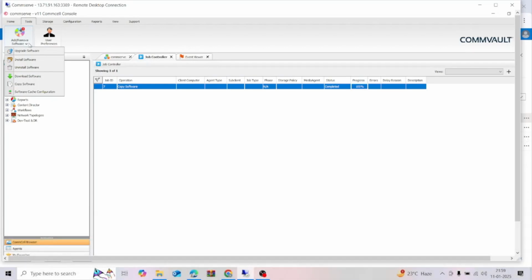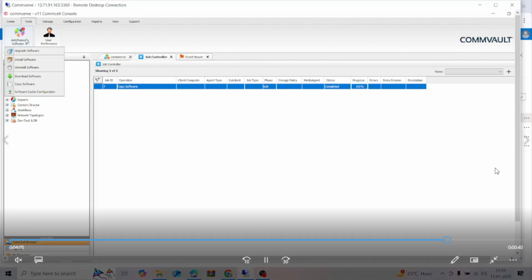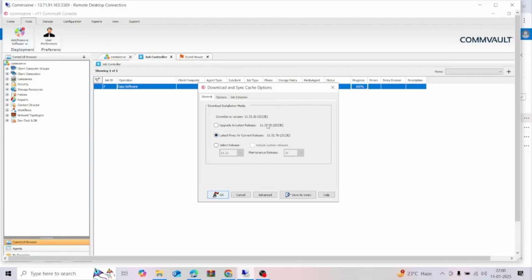Now we have built the cache, and in the next video we'll see how you can install the media agent. If you go to the download software option,